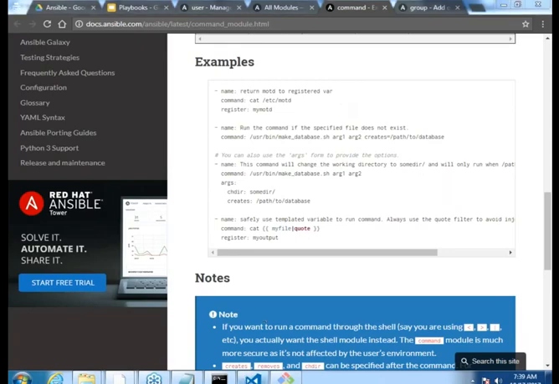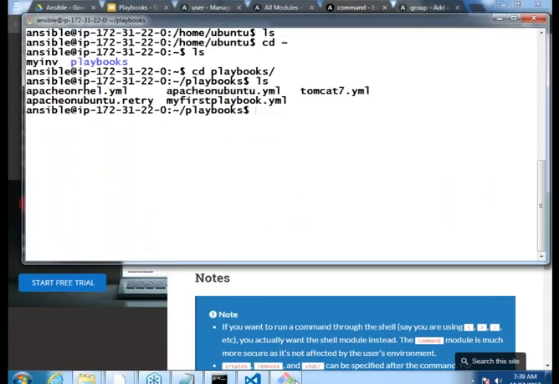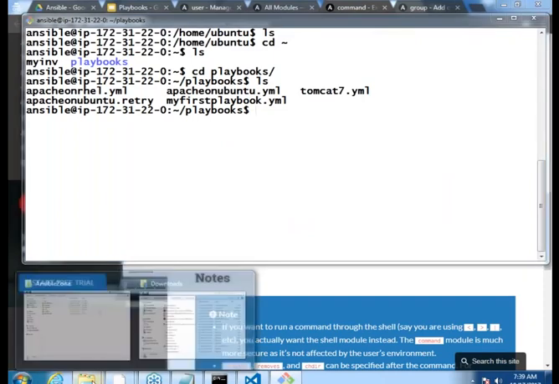Okay, so now, for example, there is already something where he wants to remove some var logs folder, so that's why he has done it. But every time it will remove, it will not see whether the folder is present or not. It would blindly try to execute that command. Okay, fine. So let us execute a very raw Linux command from here. Okay, so Ansible. Okay, timed out.